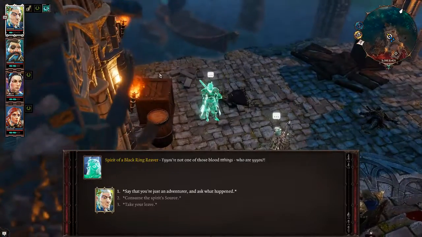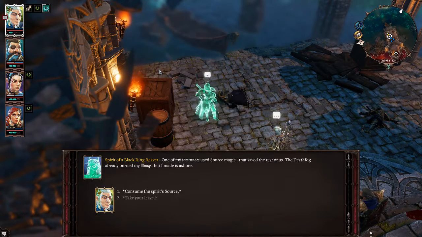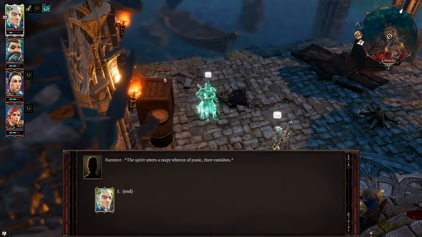The spirit of a Black Ring member utters: They didn't want me and orders. One of my... The spirit utters a...